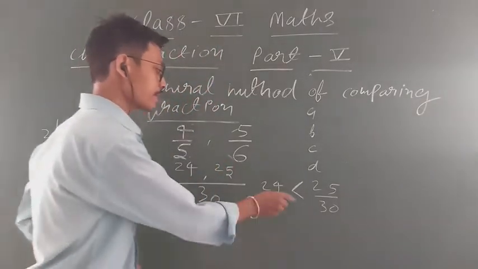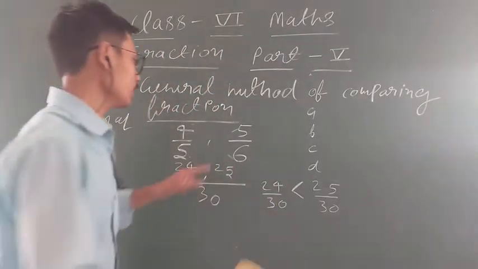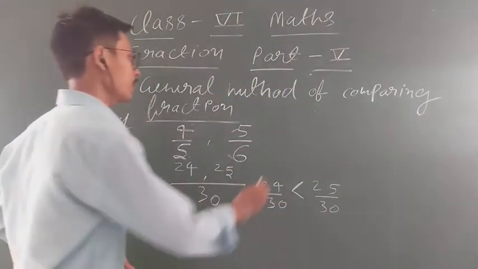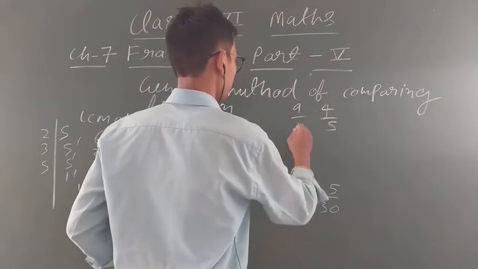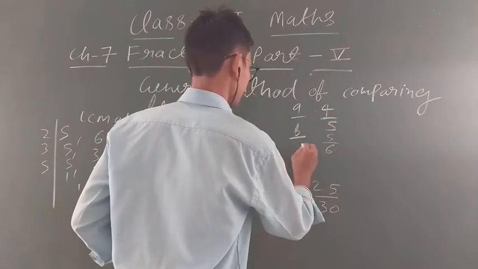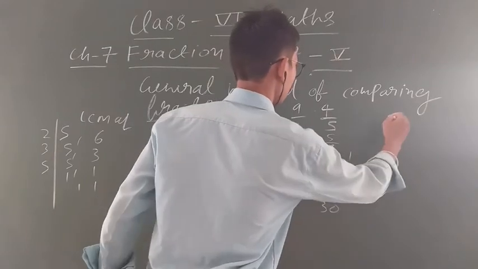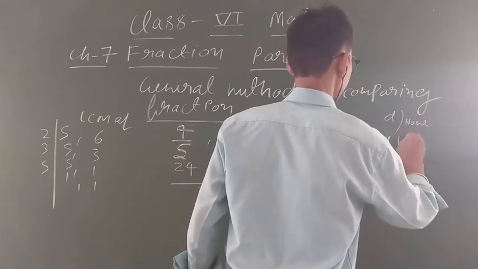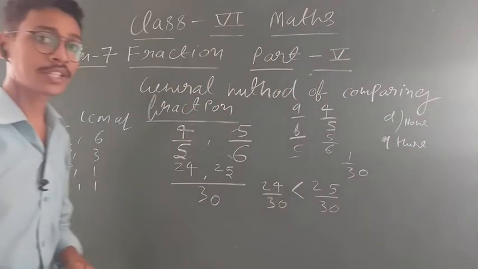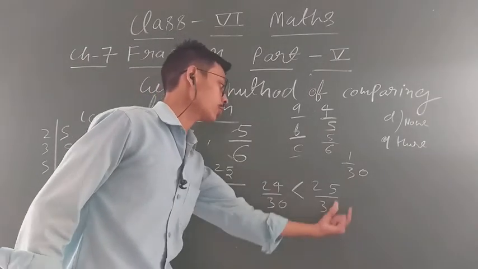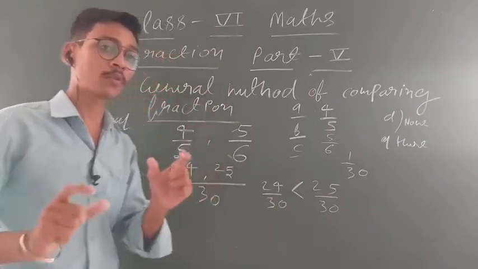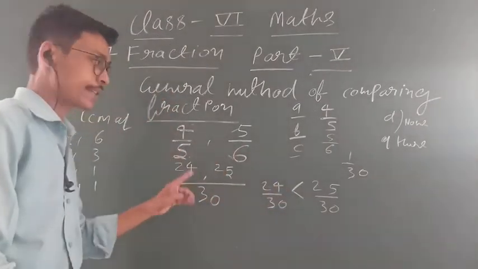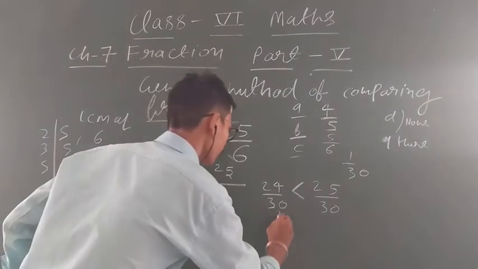Next thing, student, if the examiner gives the question 4 upon 5 and 5 upon 6, which one is greater? And the options are A equal to 4 upon 5, B equal to 5 upon 6, C equal to 1 upon 30 and D equal to none of these. Okay, student. So which option will you mark? Here the answers are 24 upon 30 and 25 upon 30. So always remember you also have to find out the actual value. 24 upon 30, on the left hand side, which value is written, student? 4 upon 5. You will write down 4 upon 5.